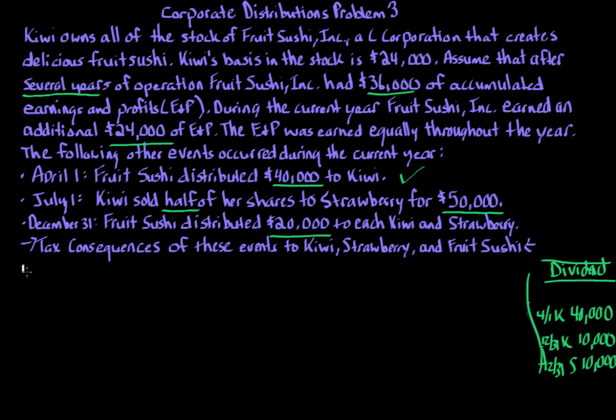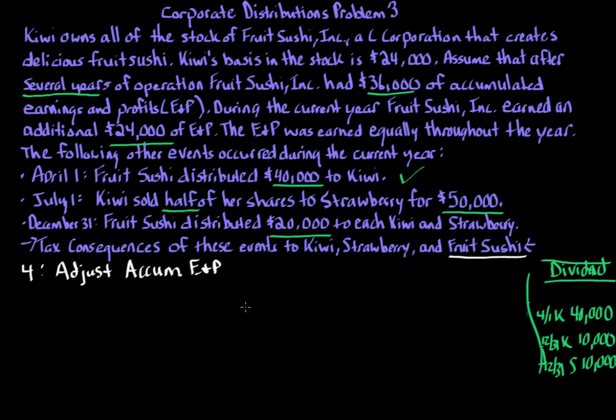Recall that step 4, we're determining the accumulated, or we're going to adjust the accumulated EMP for the corporation, which here is Fruit Sushi. Now, steps 1, 2, and 4 really involve the corporation, the tax consequence of the corporation. But remember, you got to do step 1 and 2 before you do step 3 because you need to adjust current year EMP for the calculation of step 3. But remember, because it's a cash distribution, there are no consequences with respect to step 1 and 2. So really, step 4 is the final step and really where you only see the issue with respect to the